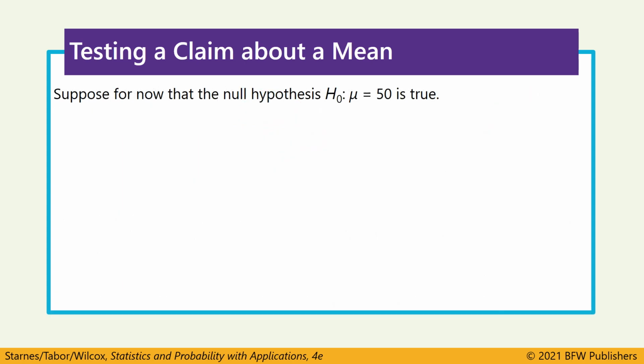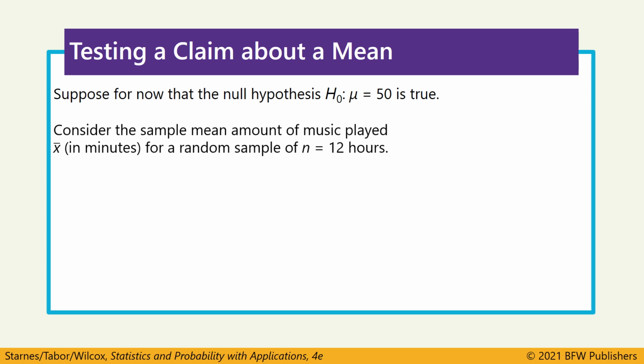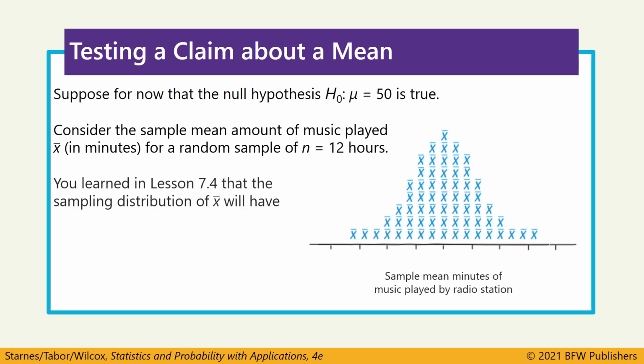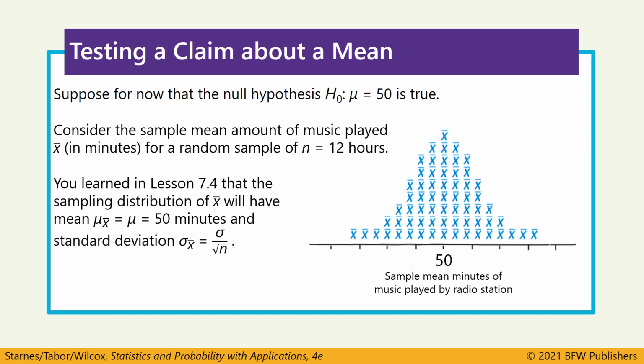So let's assume that the null hypothesis is true, which we always do for every hypothesis test. And in this case, it would mean that the mean playtime per hour is 50 minutes. And let's create a sampling distribution of sample size n equals 12. So here we can see 50 is right in the center of this distribution. And back when we covered this in chapter 7, we calculated the standard deviation of this distribution as sigma over radical n. And the issue that we run into here is that we don't know what sigma is. If we did know what sigma was, the standard deviation of the entire population, we probably would also just be able to calculate mu, the mean from the entire population. So we never actually know what sigma is.